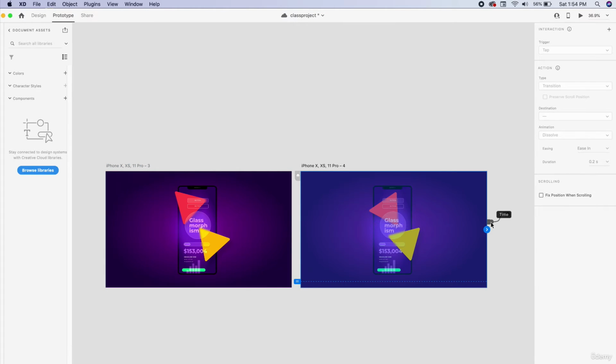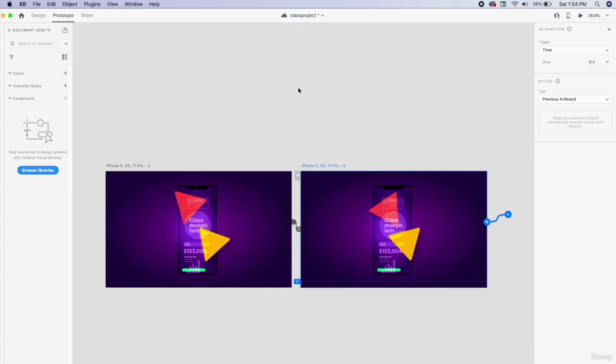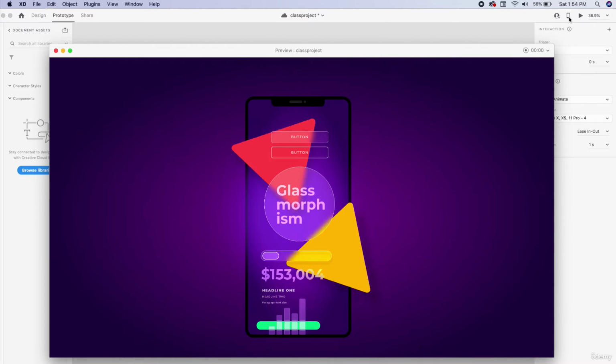And then we have the second state, and we dragged it back around to the previous artboard. So it should be just one cycle. I shouldn't have to touch anything because the trigger is now just time. So I'm going to click on the play button and let's see. It automatically starts playing. It goes from one state, it goes back to the previous artboard, goes to one state. So you have this kind of cycle going on